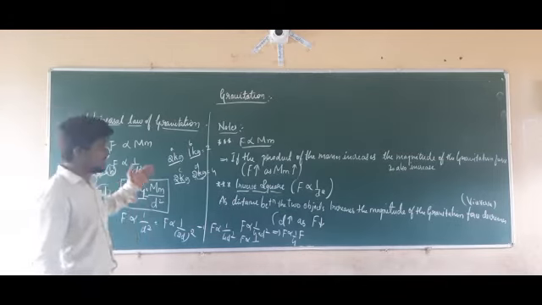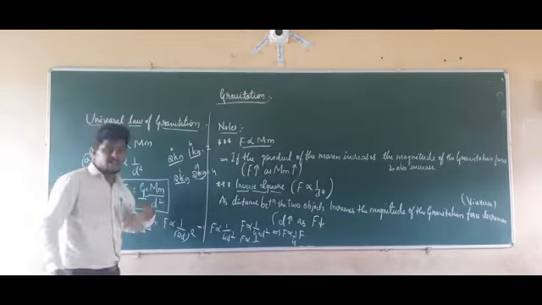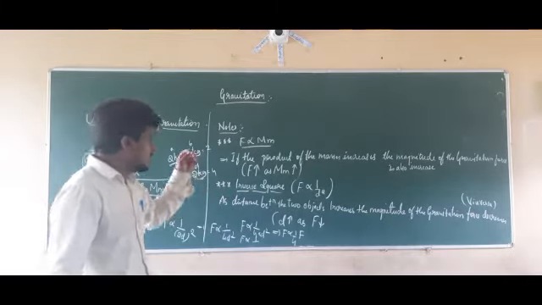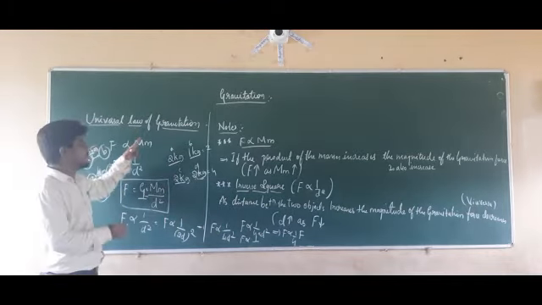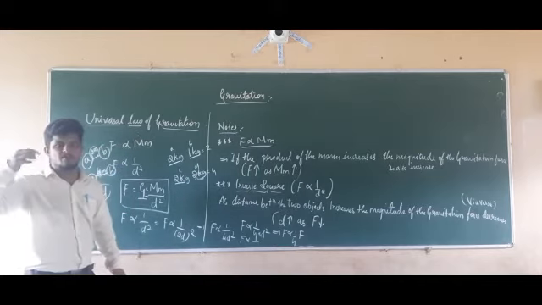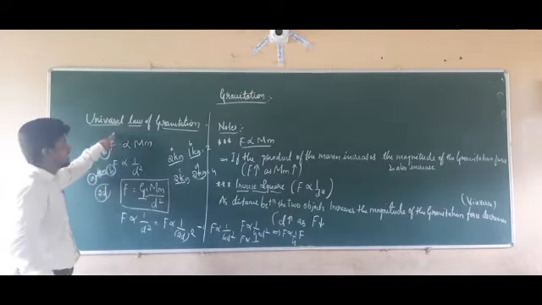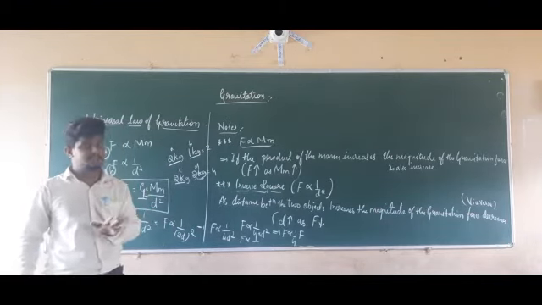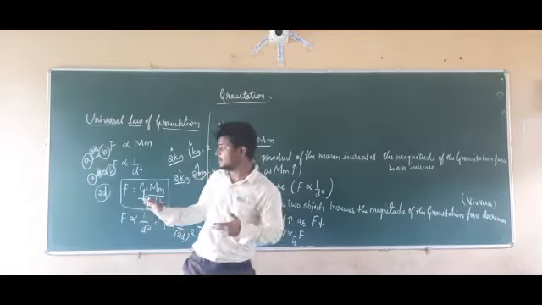If we take the space particles, this law is going to be applicable. If we take the sun, stars, planets, satellites, each and every case is going to be governed by this law only. For that reason, every object which has mass is going to come under this law. For that reason, we are taking it as the universal law of gravitation. I hope this is clear.